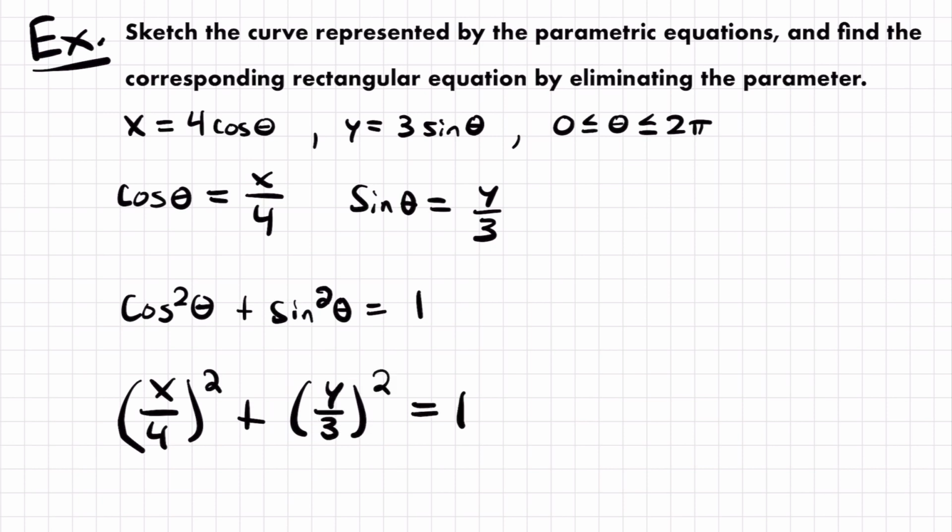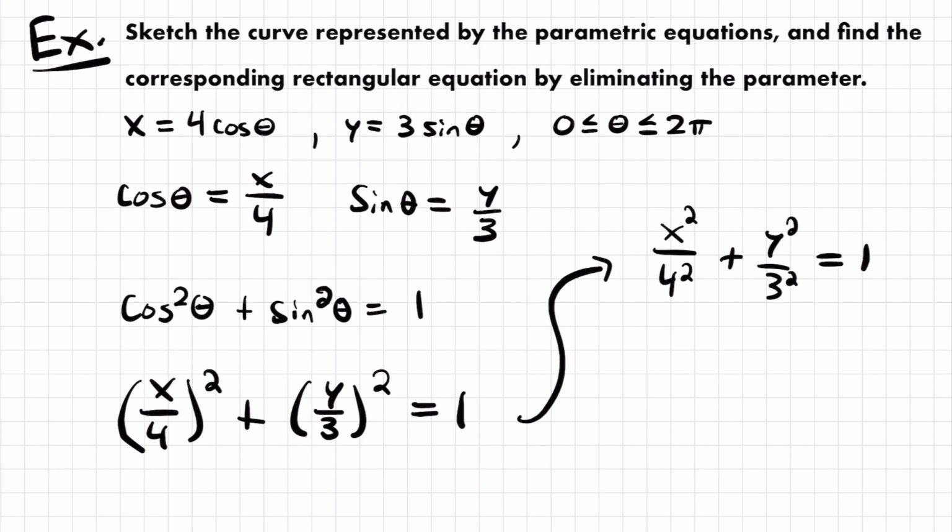All right, now if we simplify, we will have x squared divided by 4 squared plus y squared divided by 3 squared is equal to 1. And at this point, you should be able to recognize this rectangular equation. This right here is an equation of an ellipse, or you can think of it as an oval, right? This is similar to the form of the equation of a circle, except we don't have the same denominator for x squared and y squared, right? We have 4 squared and 3 squared, and since those values are different,